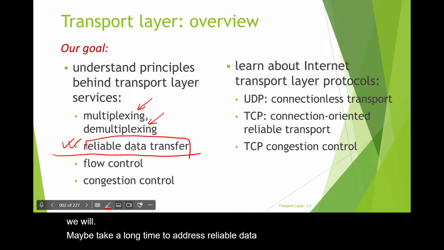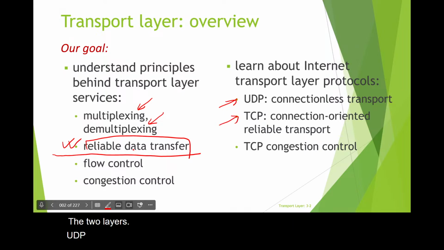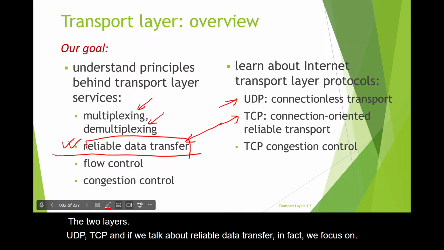And after that, we have flow control and congestion control. So of course, we expect you to know the two protocols, UDP and TCP. And if we talk about reliable data transfer, in fact, we focus on TCP.